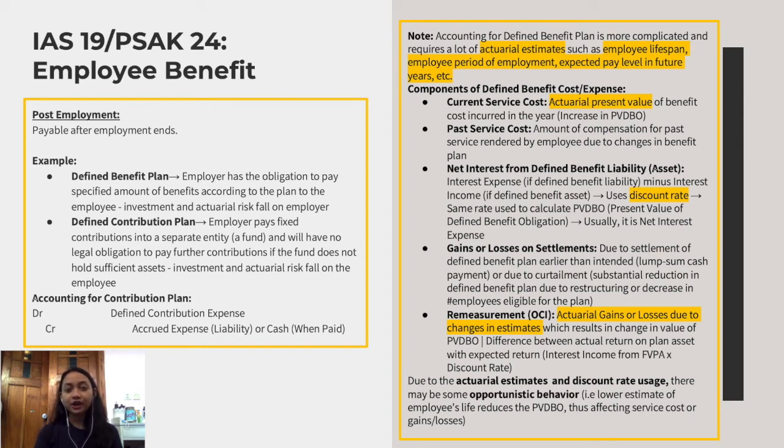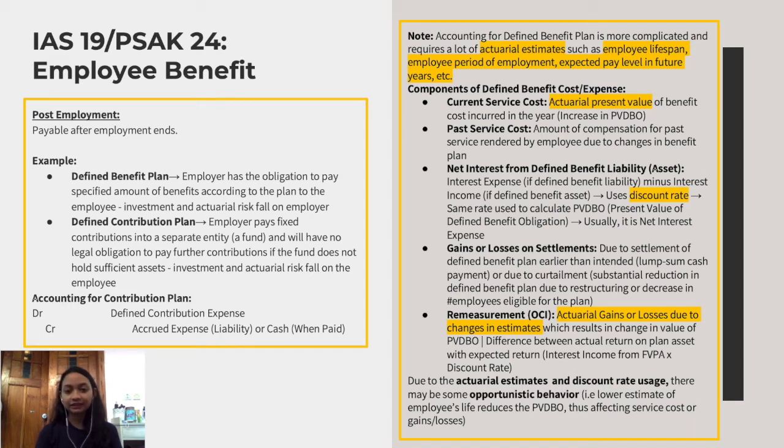So first is the current service cost, which is the actual present value of benefit costs incurred in the year, and this increases the PVDBO, or present value of defined benefit obligation. Second is the past service cost, which is the amount of compensation for past service rendered by the employee due to changes in benefit plan, and this also increases the defined benefit expense. And next is the net interest from defined benefit liability or asset. This can be net interest expense or net interest revenue. If it's expense, it increases the defined benefit expense. If it's revenue, then it decreases the